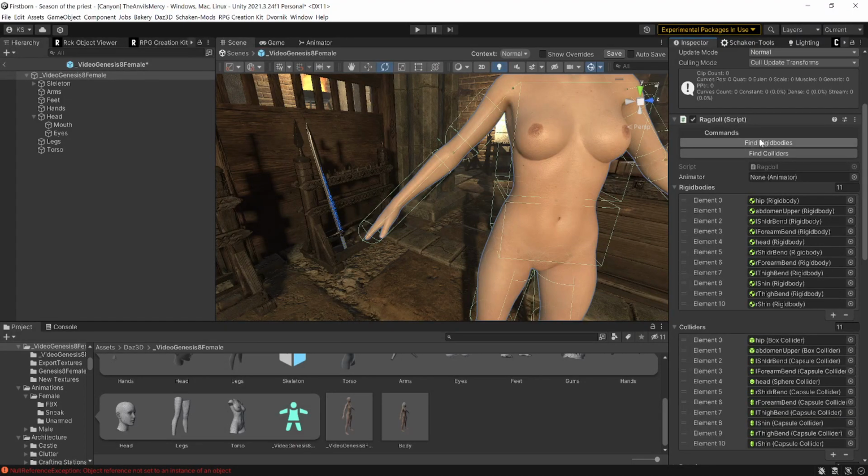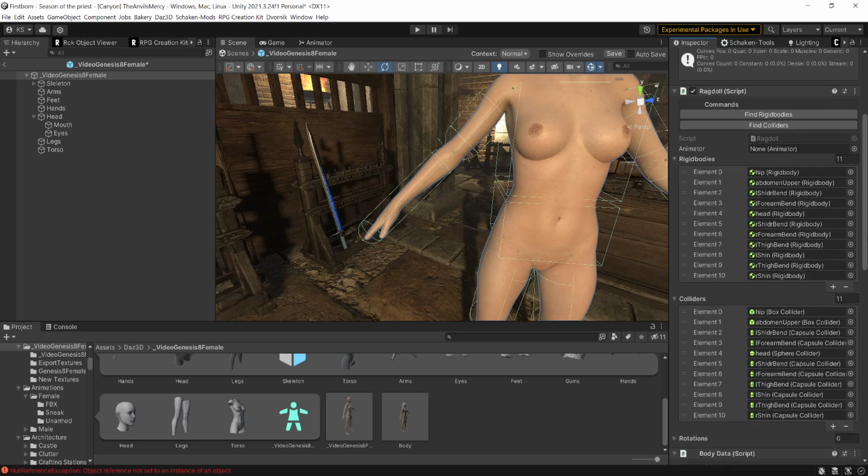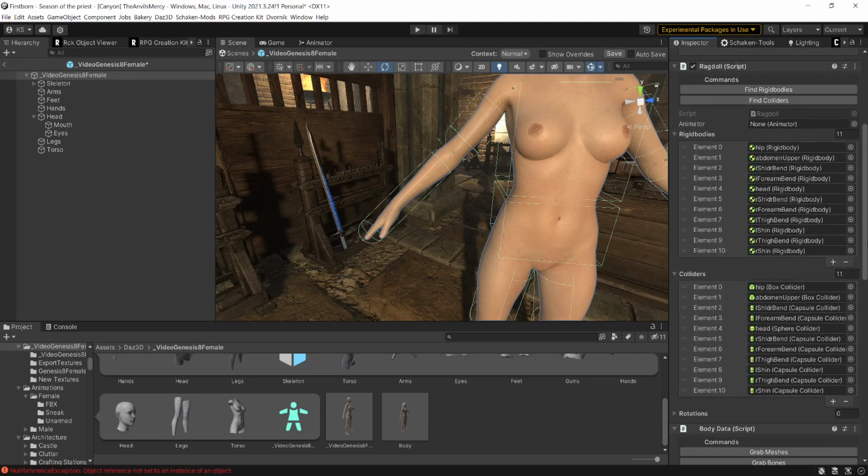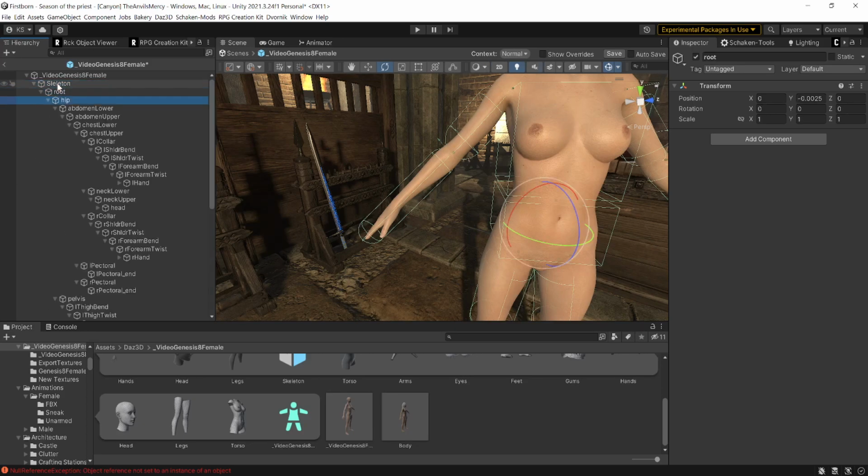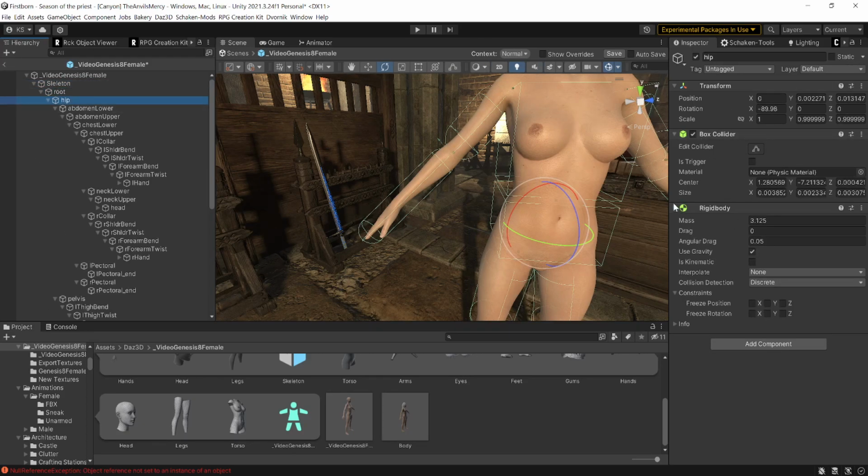So I have this editing thing inside of my paste bin as well. You can grab it, and it just makes that really easy, a whole lot faster than finding them and dragging and dropping them in place. Now we are going to need a few more colliders in there, and not to mention, every one of these that we put in to have the box or any kind of a collider in a rigid body,